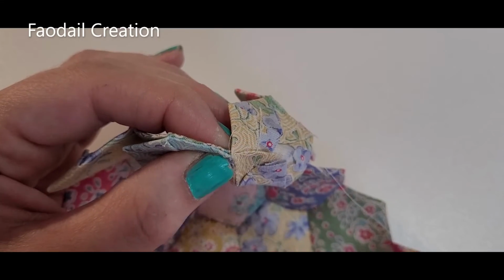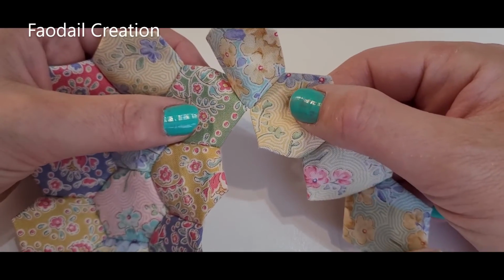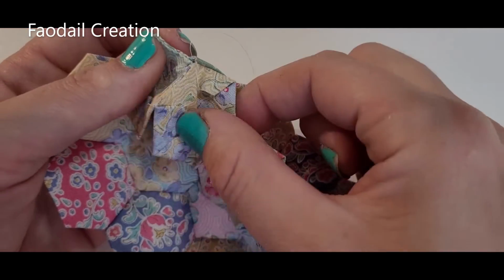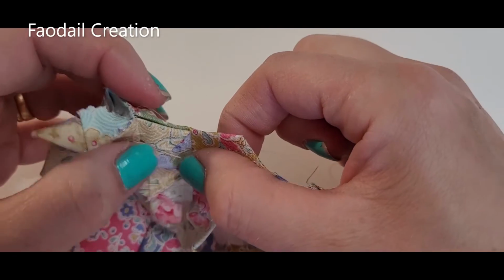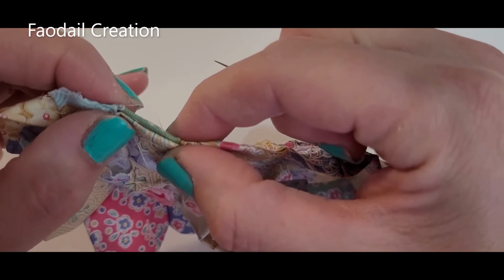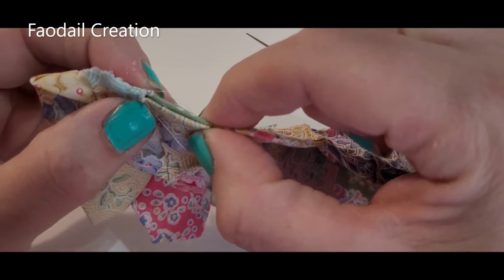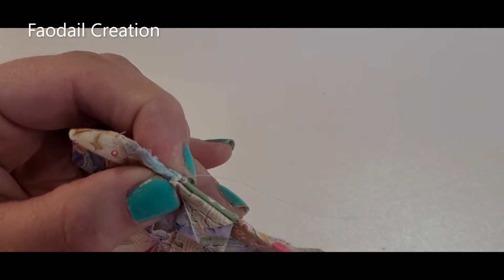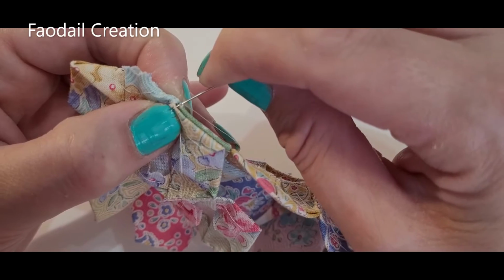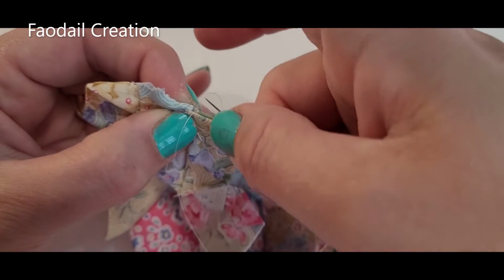to the next hexagon. So this is the one that I have just attached, and I need to attach this one here. So all you're going to do is flip this over so it's right sides facing. We're always doing it right sides facing, and all you're going to do is just line up these 2 sides with the other 2 sides. It's really not difficult. And then right at this corner here at the start, I'll take as much of the corner in through to the other corner of the other hexagon, and go in and do that loop again,